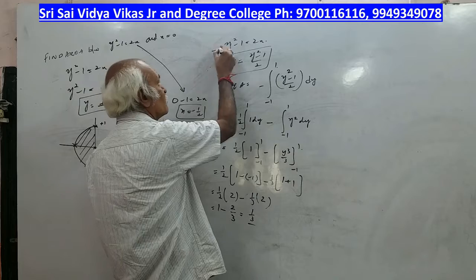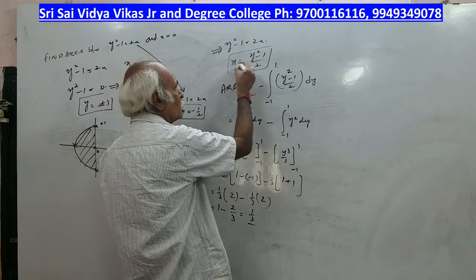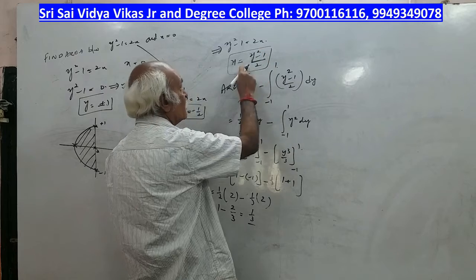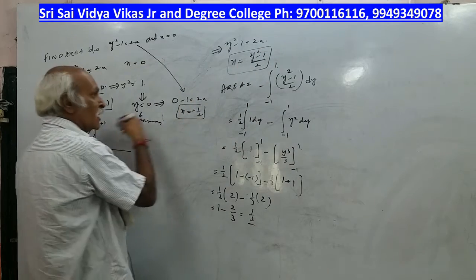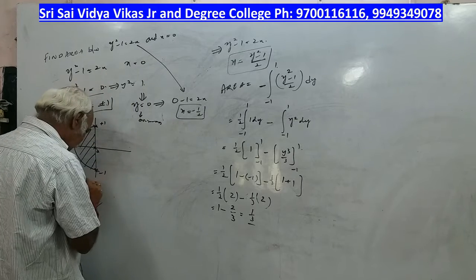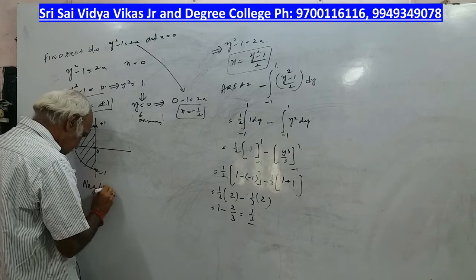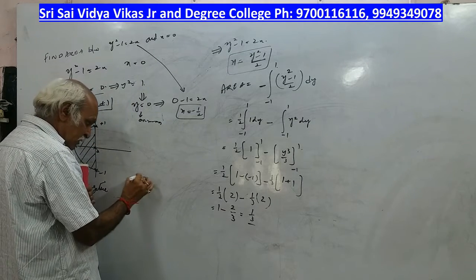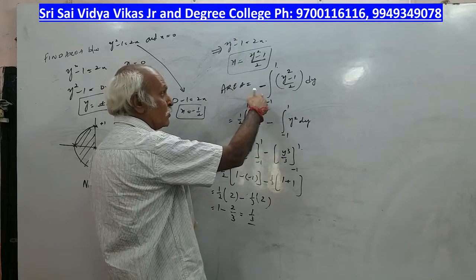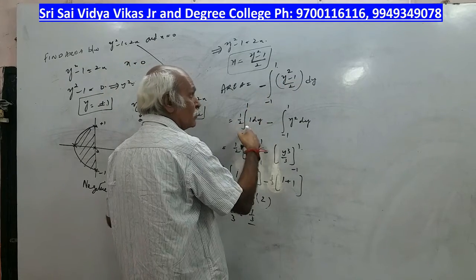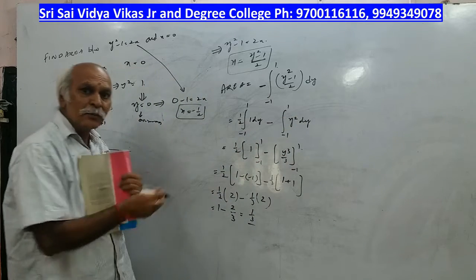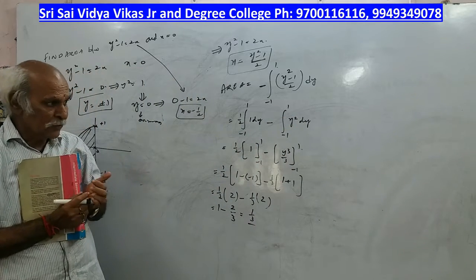So y square minus 1 is equal to 2x, so x is equal to y square minus 1 by 2. Then area is equal to what? With a minus sign, because here it is coming in the negative direction. Why is minus coming? Because the area is coming in the negative direction. Like previously we got here, like this it has come, so here it has come on the negative side, so I have put the negative sign. So with the minus sign, you bring here 1 by 2 into 1 dy minus y square into dy. Then upper limit, lower limit, simplification. Okay, please note this down.